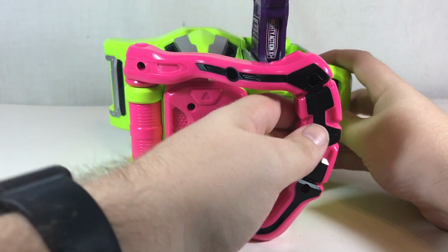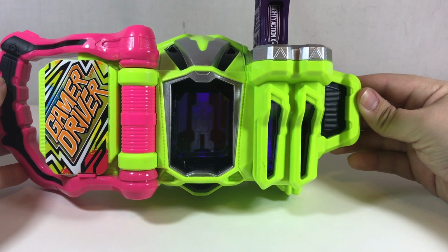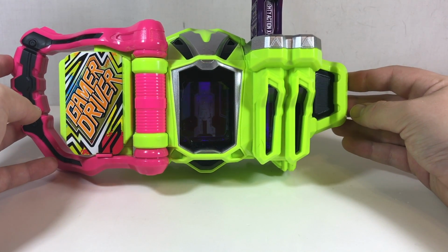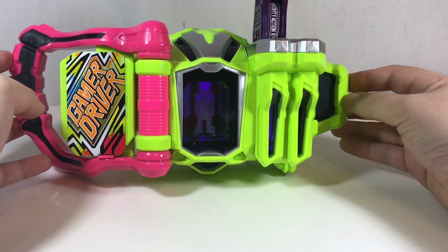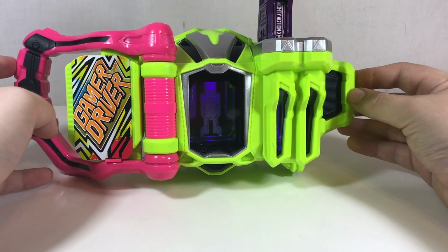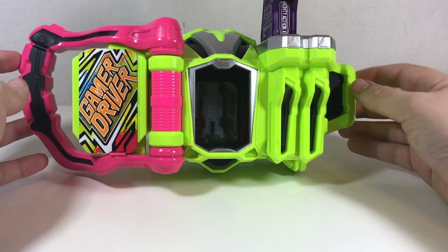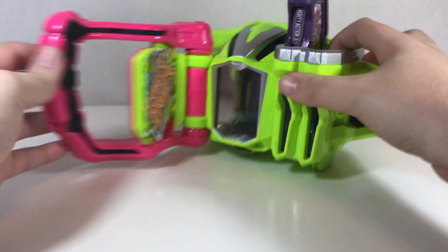So it does have the level 1 transformation sound. And that is the level 2 transformation. It is very, very similar to the normal Mighty Action X. However, instead of going Mighty, Mighty, Mighty Action X, it's just Mighty Action X instead. So, it is a little bit different. And for the level 3...